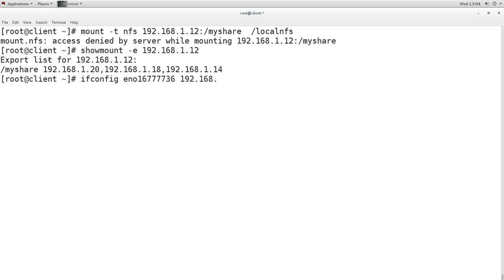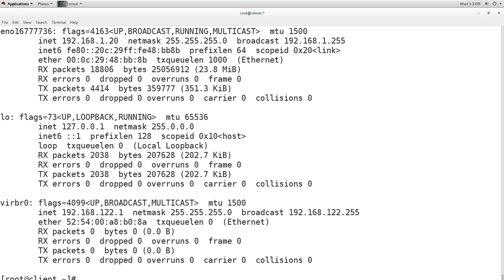So I will give 1.20. Now it is showing this IP.